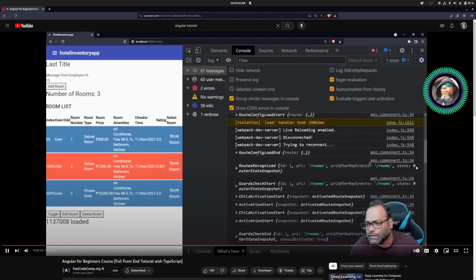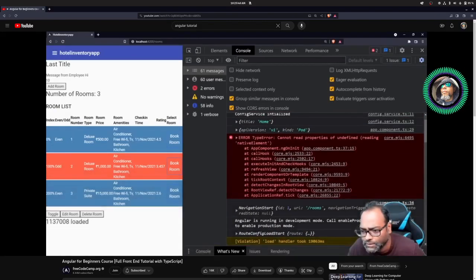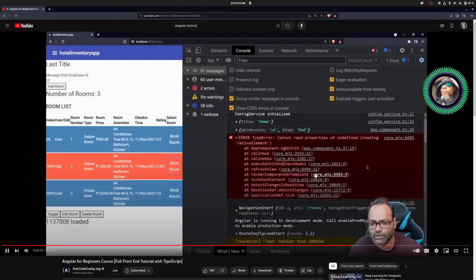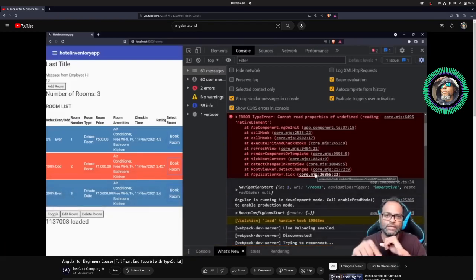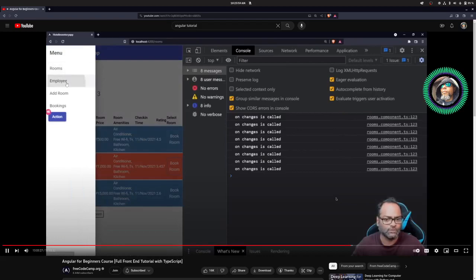So here you can see line number 34. Let's go ahead and see how it starts, right? In this case, when the navigation happened, if you remember, let me just remove this and let's go back to